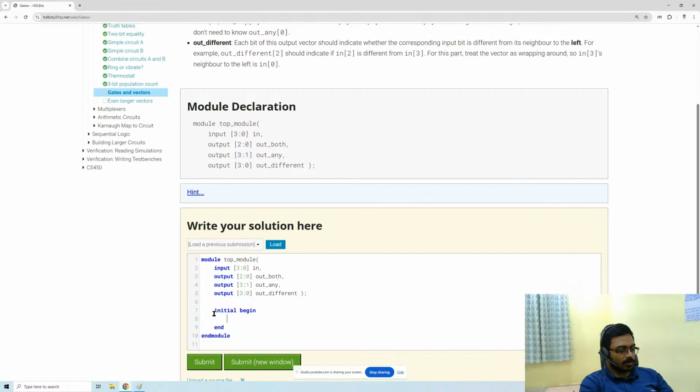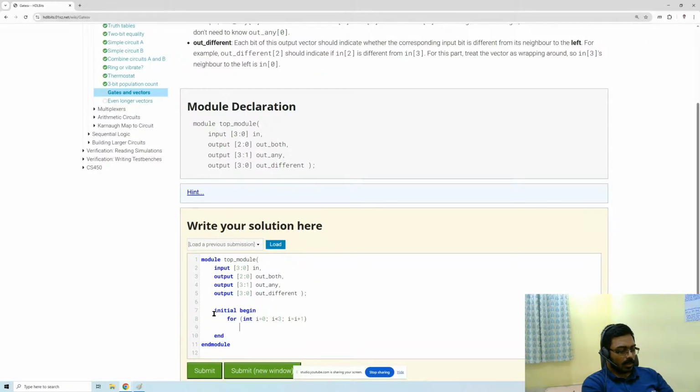Now what we will do is we will write a for loop for int I equal to 0, because we will write a continuous statement, so we don't need to repeat that always. I less than 3, I equal to I plus 1. Okay, I should have written begin here. And now we will write an end. Okay, and in the middle, what we will write is